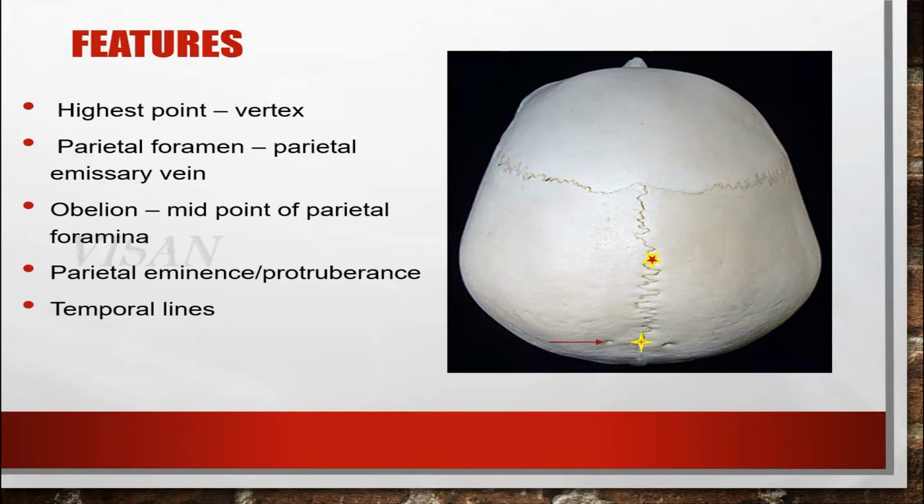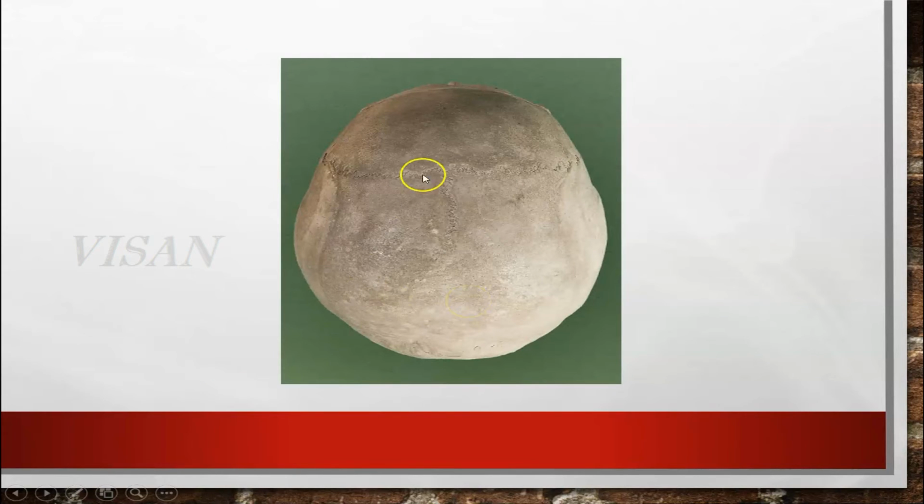On the lateral aspect of the parietal bone, we can see a blunt round elevation or eminence called the parietal eminence or parietal protuberance. Still more lateral, we can see the temporal lines. In this skull, we can see the temporal lines clearly. We can see a pair of temporal lines, one on the superior aspect and the other on the inferior aspect, so we call them the superior and inferior temporal lines respectively. Here we can see the attachment of the temporalis muscle. The structure related to this Norma verticalis is the scalp.